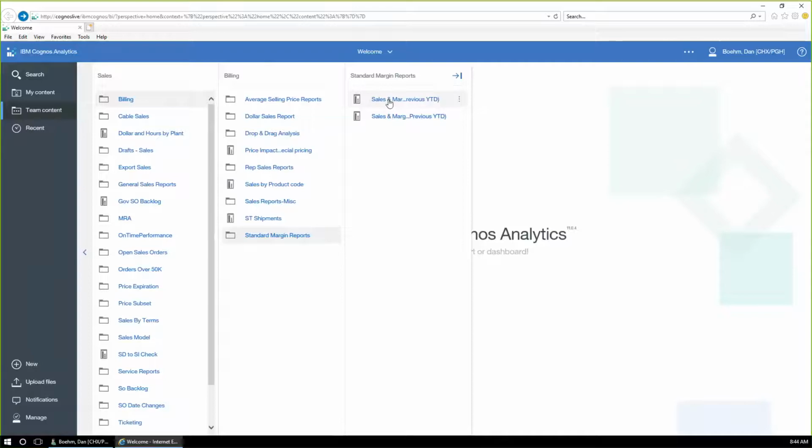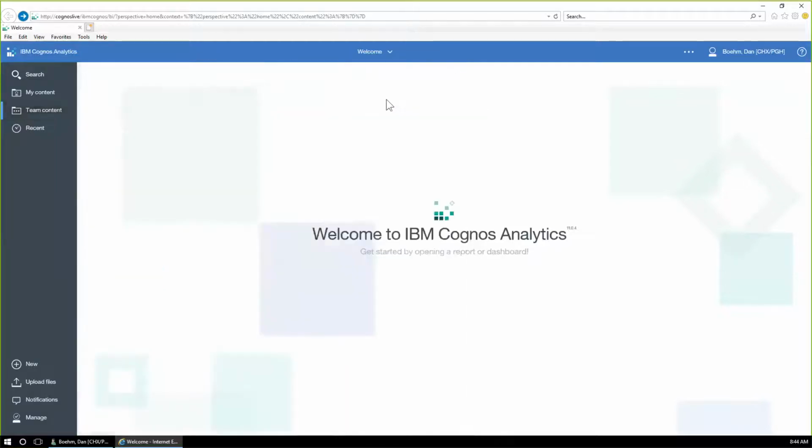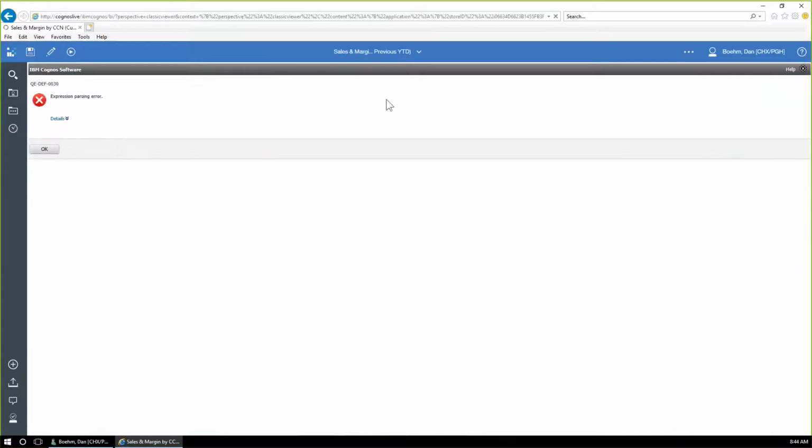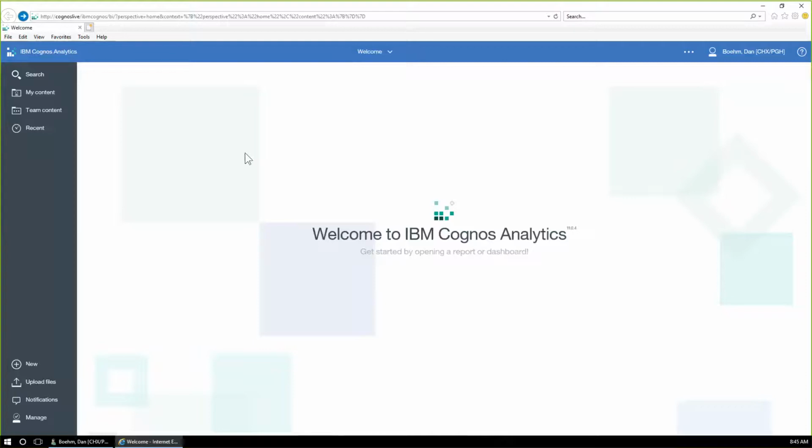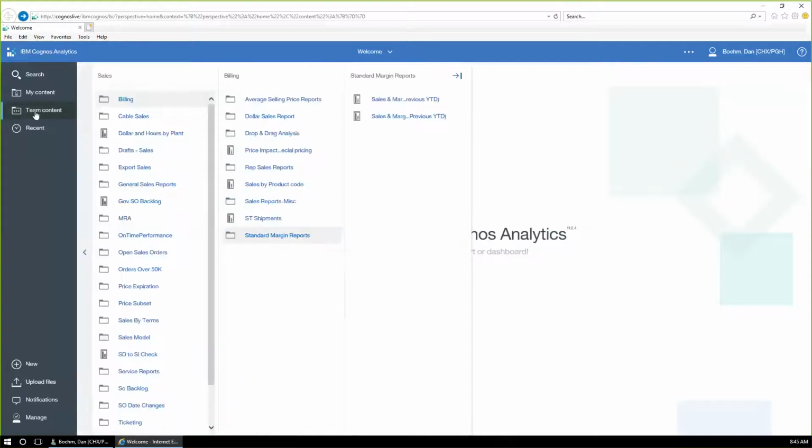They did add that in a later version, but not in this version. I'm going to click on this top report and see if we can get a report to run. Nope, those reports don't appear to be working either. Well, I'm so glad we're recording these false starts. I'm going to go back to the billing panel,